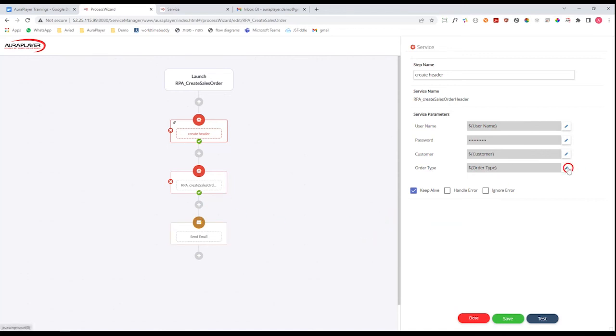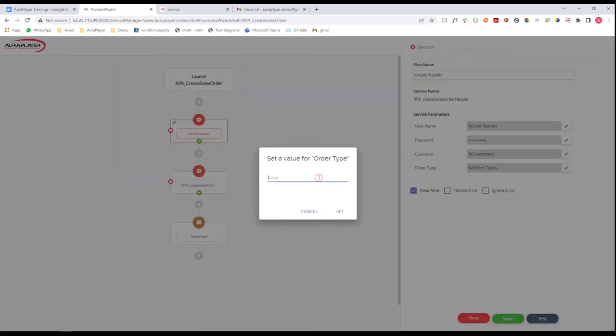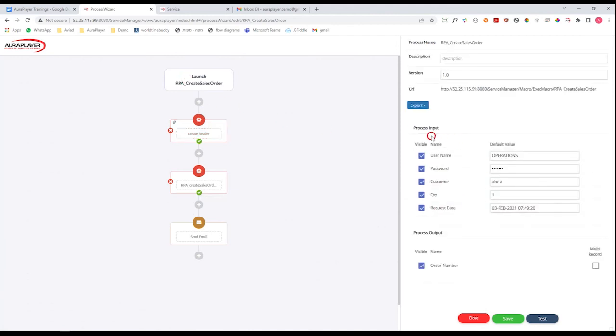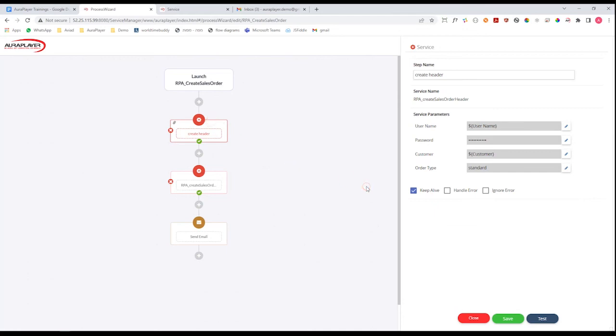Another option that I have is to put here static text. This is a constant value. I can put here a constant value that I don't want to be changed in any invocation of this service, and once I set it, it will take the value from this static string, and it will also be removed from the list of process inputs because I don't need to expose it anymore. So these were the options of how we can manipulate the inputs of any service that we invoke inside an